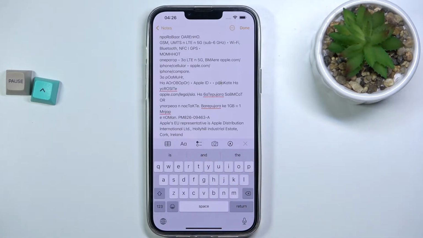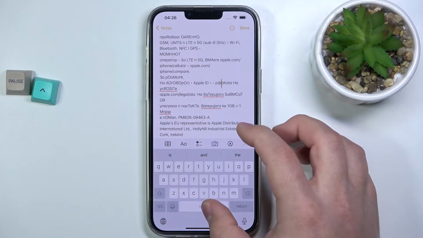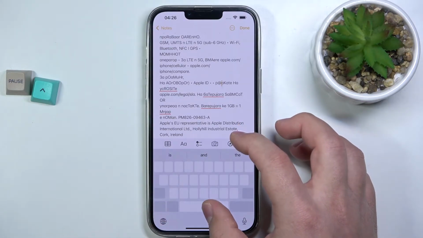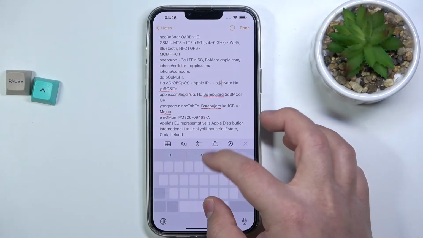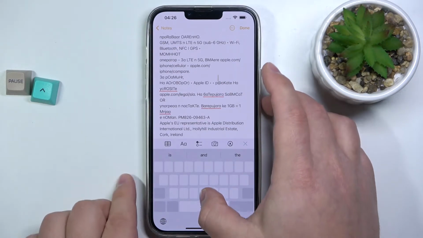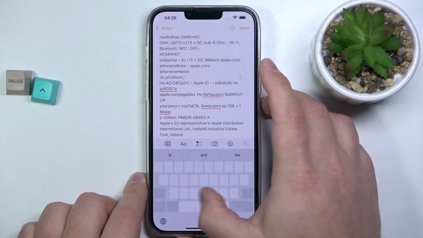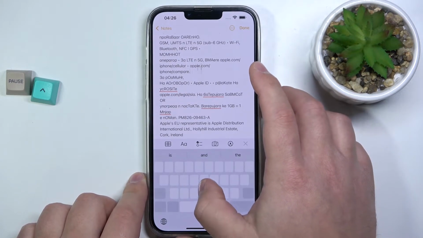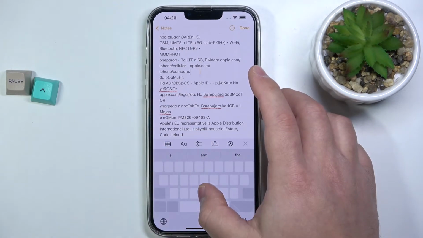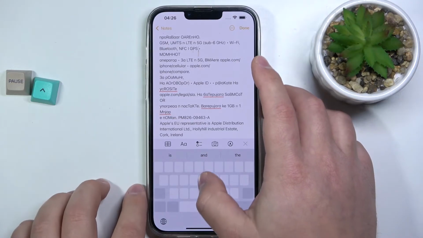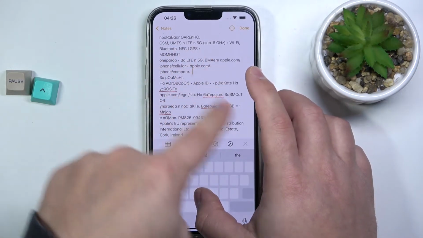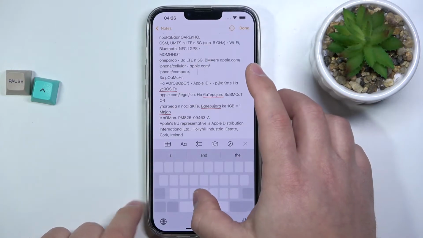Simply press and hold on the spacebar like this, and the keys will disappear. Once they disappear, you'll be able to move your finger around and move the cursor with your finger, as you can see. It's quite useful if you try to edit something in the middle of the text. It's gonna be easier to move the cursor like this than just tap on the screen and try to get